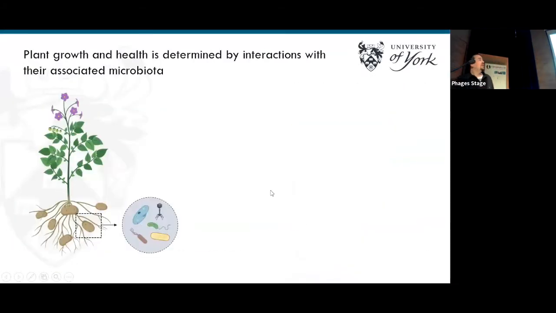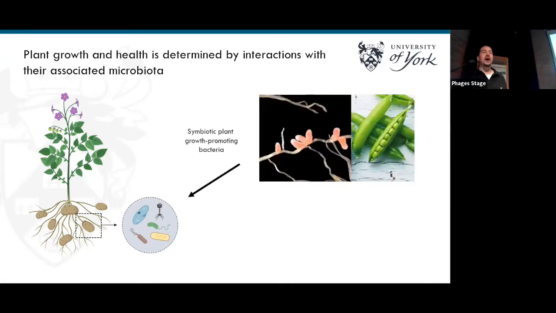Cool. So moving on. What I'm interested in is not only the bacteriophages, but also the bacteria they are interacting with. It has been well established that bacterial communities, the microbiomes, are important for plant health and growth. If you think about it, you have lots of examples, symbiotic plant growth promoting bacteria like nitrogen fixing rhizobia,